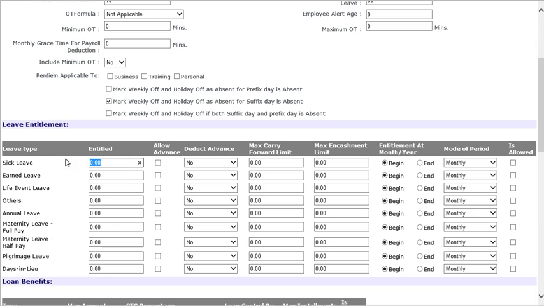Now sick leave, 30 days sick leave, allow advance. Yes, we are going to allow them in advance. No deduction is required. If you want to deduct all the sick leave in the monthly salary, you have to make it as monthly. So it will deduct all the sick leaves in the coming month in which they are taken,